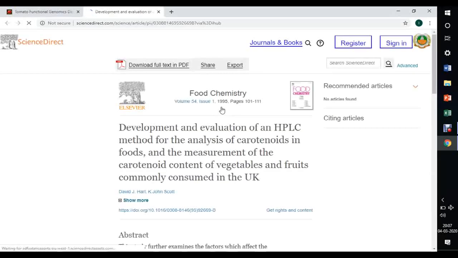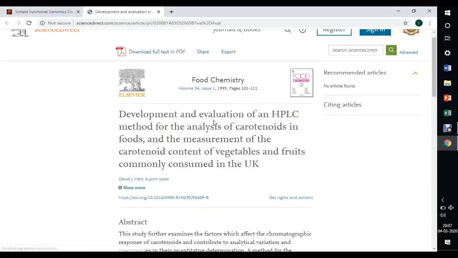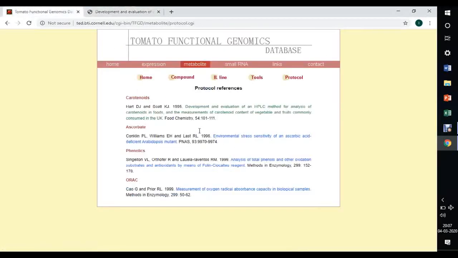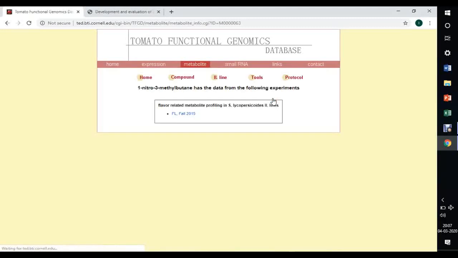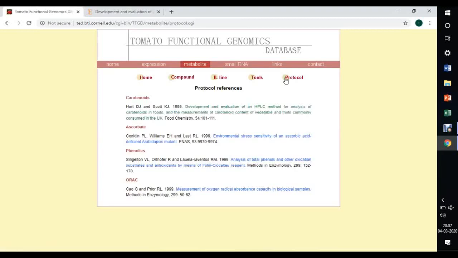You can access these articles, and if you want, you can download. If you want details about a compound, go back and click on each compound. In each compound also you can get the related protocols. These are the related articles.